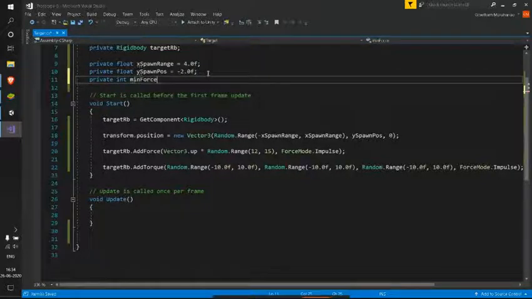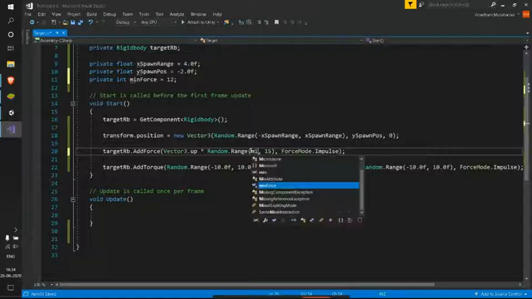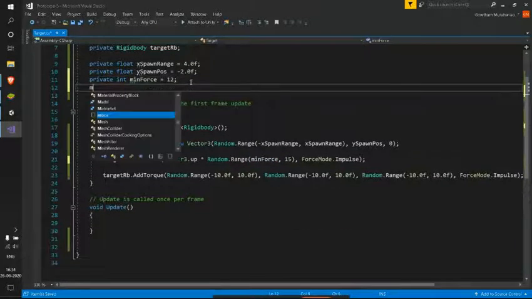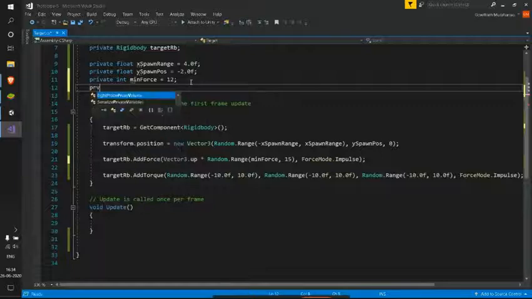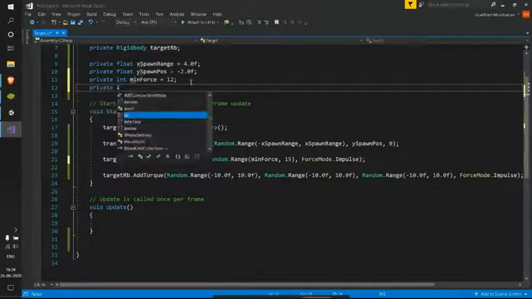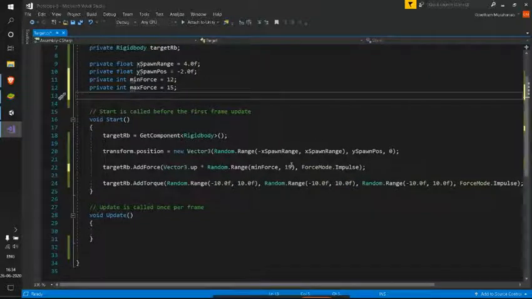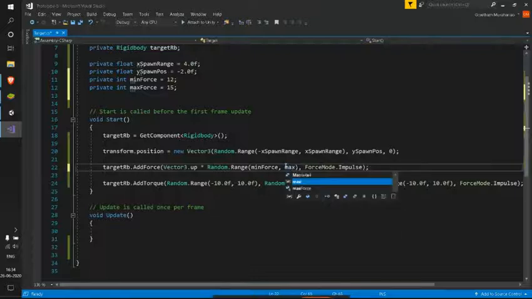So minimum force that can be applied, I'll assign that with 12, and I'll rename this here min force. Whereas the other thing, private int max force, I'll be giving that the value 15, and here I'll be replacing that with max force.